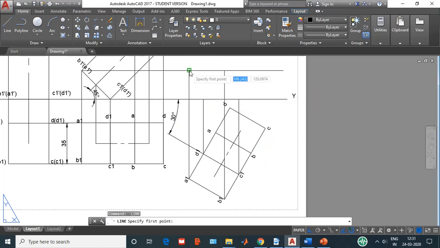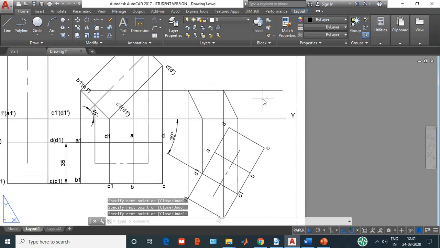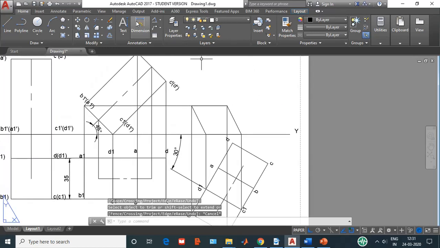This is A, B, then C, D, back to A. You can see that this is the bottom face of the square prism. Extra lines you can trim. If you want, you can immediately name them there itself so that there is no confusion.